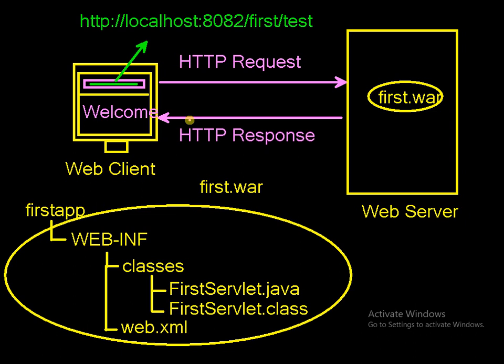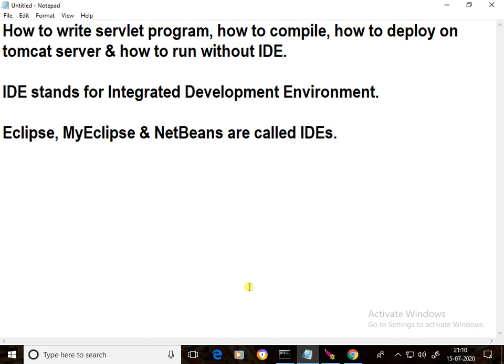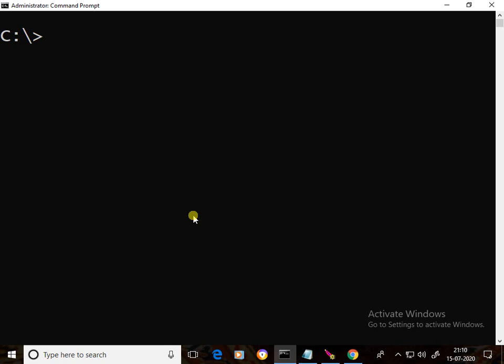Okay, according to this folder structure, first of all, you have to open the command prompt. Here we have to create the first tab folder: MD first tab. MD is nothing but make directory. Directory is nothing but folder. In the DOS operating system we call it a directory; in the Windows operating system we call it a folder. So MD first tab, and the first tab folder is created.